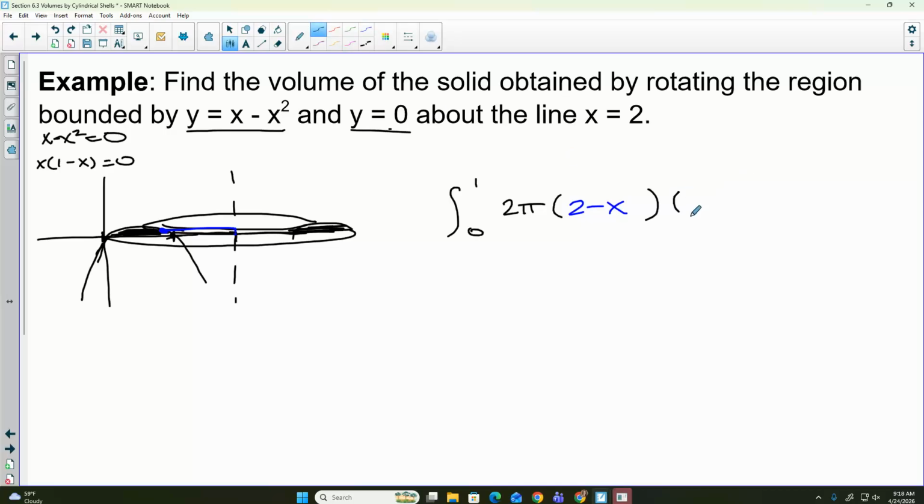Okay, then the height of these shells is just the function, x minus x squared. That function gives the height at any given point when I look at my shell. So if I FOIL,